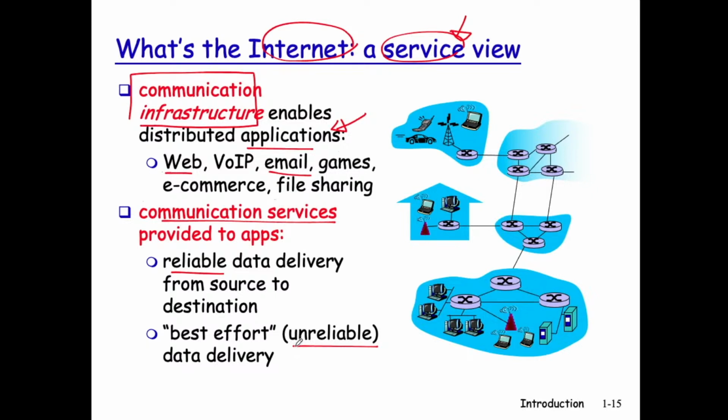For unreliable data delivery service provided by the internet, a lot of times we just call them the best effort service. Yeah, I know it's a little bit counterintuitive because reliable data delivery is obviously better than the unreliable data delivery. Okay, so why call the unreliable service the best effort service? Take note here: we're saying this is best effort service. We're not calling it the best service. Yeah, this is a kind of polite way of saying that, hey, there's no guarantee.